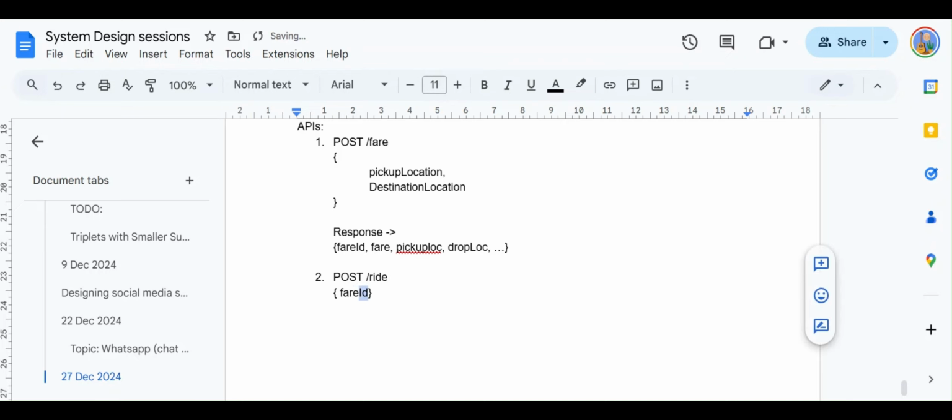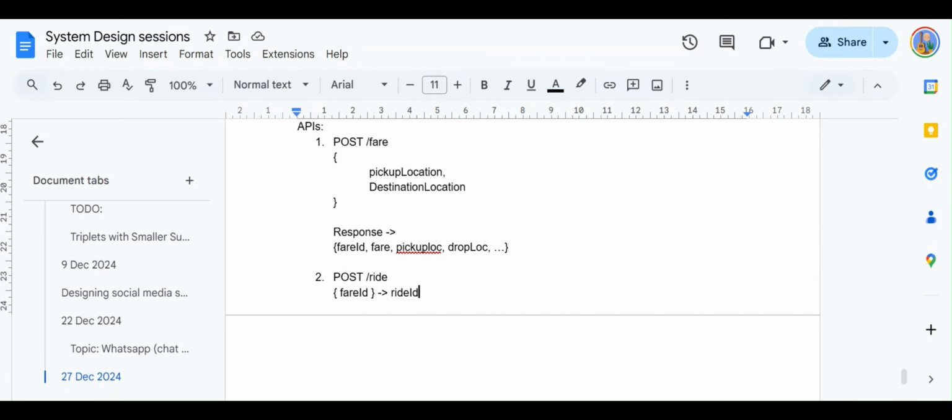Now the fare ID is going to contain everything: the location, the destination location, the fare price of that trip, the ETA and a bunch of other things. Please note that there is one important point to mention, I'll come back to this in a bit. So this is a post API, and it is going to return us a ride ID. Once the ride is booked, it simply returns us a ride.